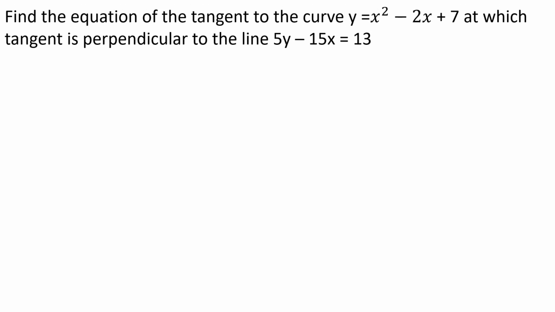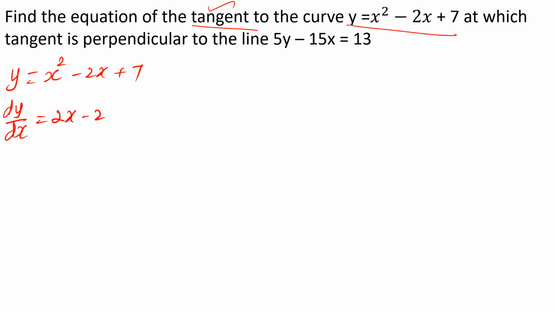Find the equation of the tangent to the curve y is equal to x square minus 2x plus 7, at which tangent is perpendicular to the given line 5y minus 15x equal to 13. To find the equation of the tangent, we need the point at which the tangent is drawn to the given curve and the slope of the tangent line. So firstly, take y is equal to x square minus 2x plus 7. Find the first derivative, that is dy by dx. Therefore, 2x minus 2. This is the slope of the tangent,